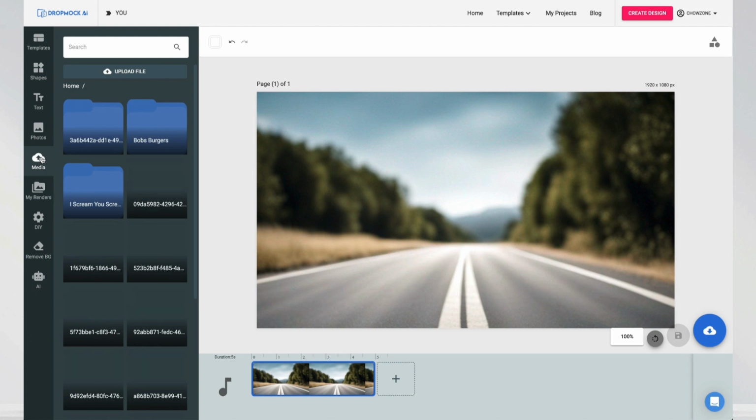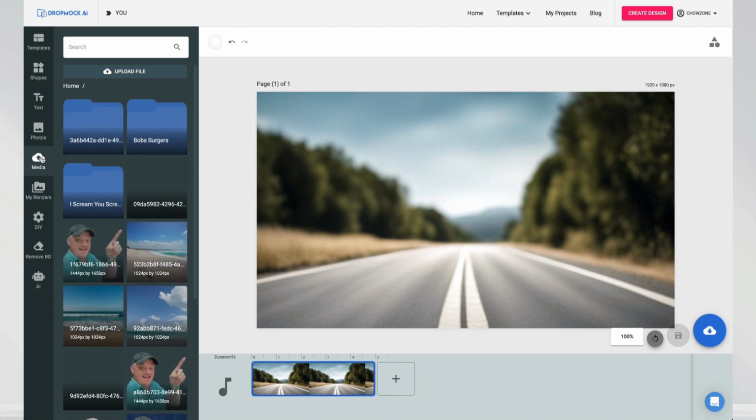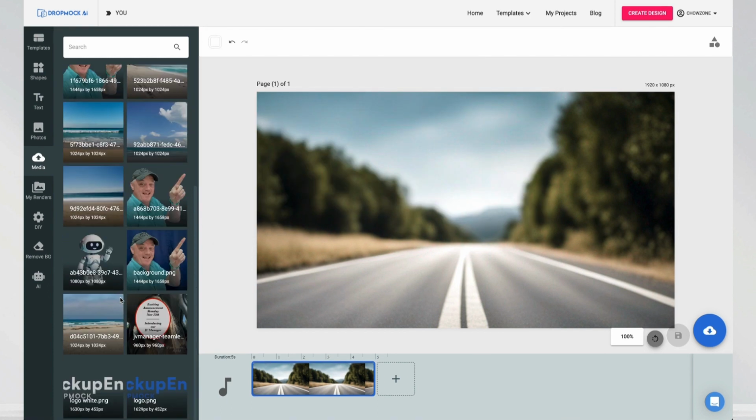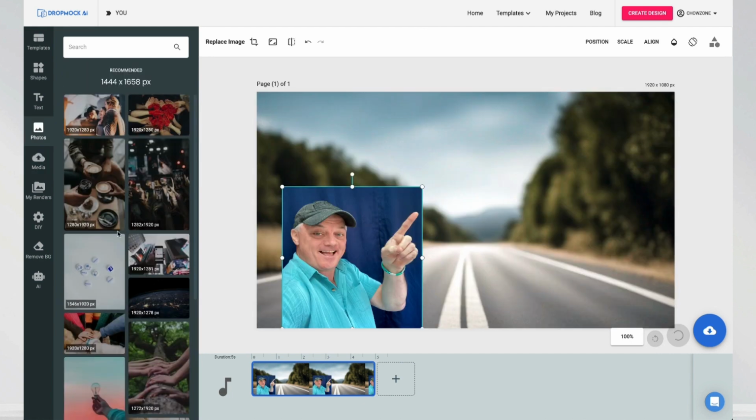What I want to do is I want to snap a picture of myself. I take a picture of myself, I click on upload, and I upload it in here. Just so happens that I've already uploaded one in here. You'll see this one here. So I'm going to click on it and I'm going to come over here and I'm going to click on